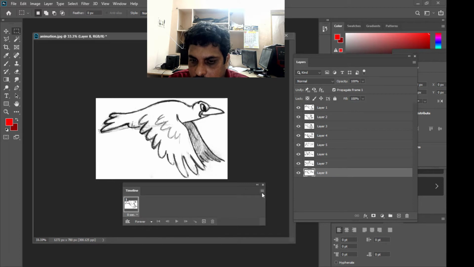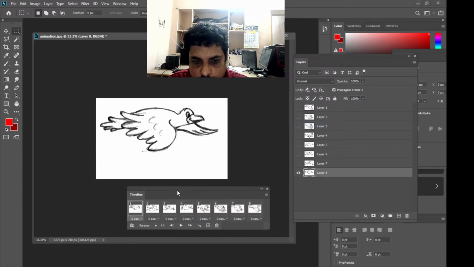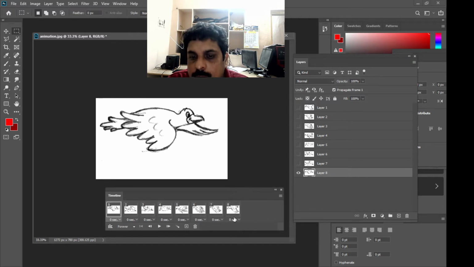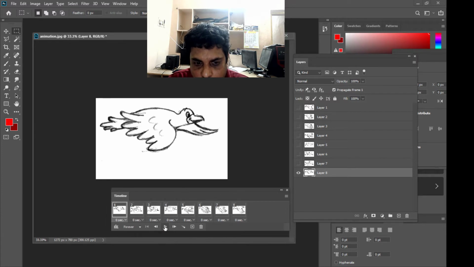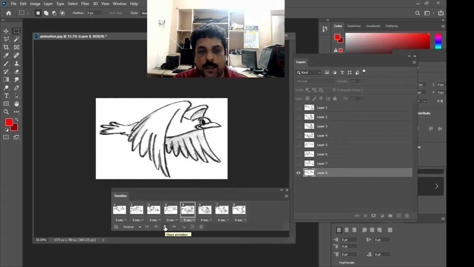Simply click on the top right corner button and then click on make frames from layers. So now you can see we have 8 frames, and if you play this, you can see a bird flying.